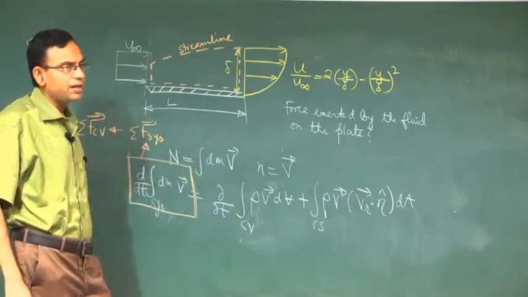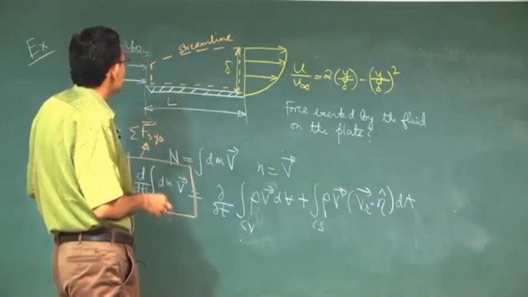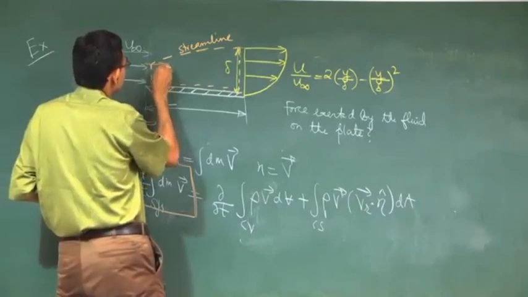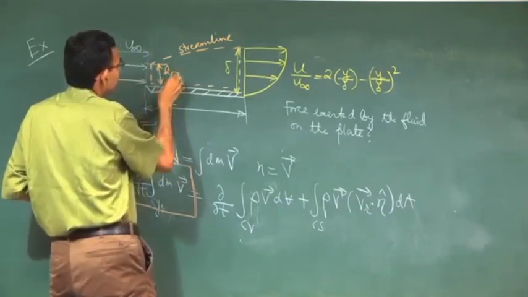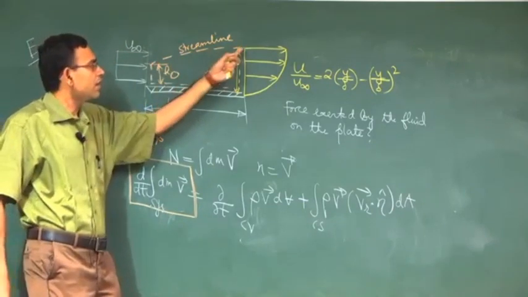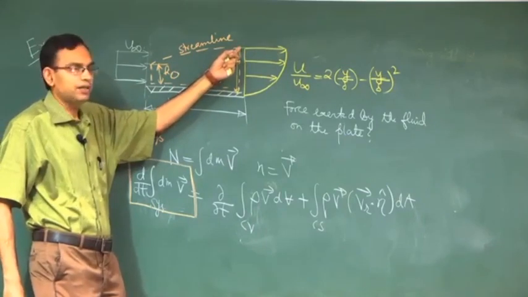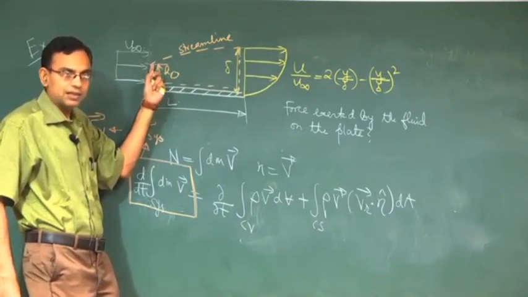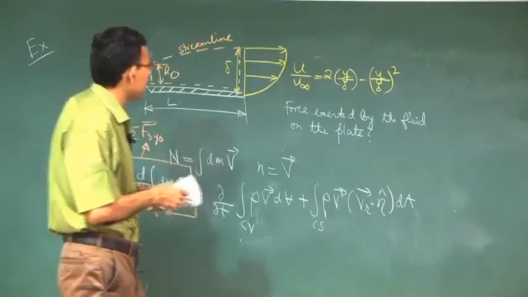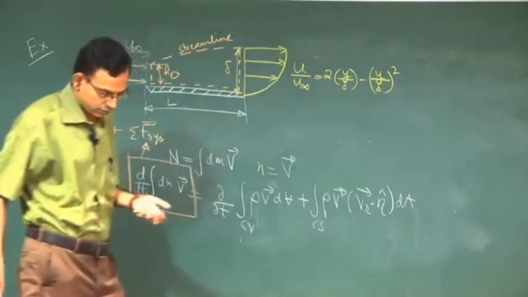Because it is a streamline and there is no net flux across it, we can write the mass conservation with this unknown being sorted out. If this height is h naught, which you do not know, because you have made a geometric construction, you have passed the streamline through this point. Naturally wherever it will cut, it will cut. This is not a given problem parameter. So you have to find it out by noting that